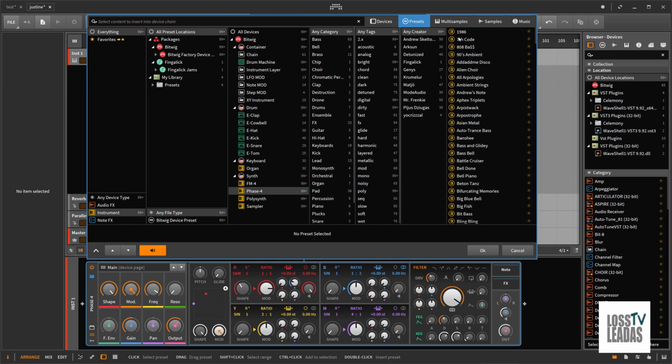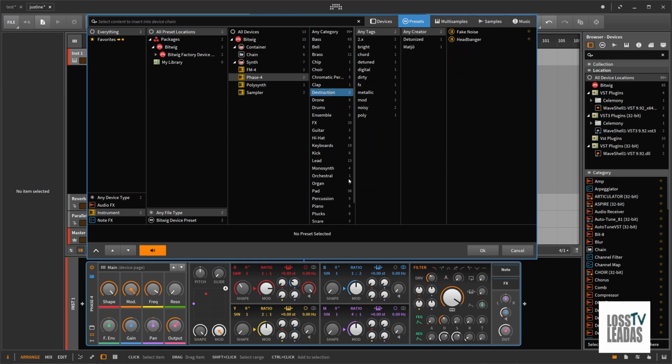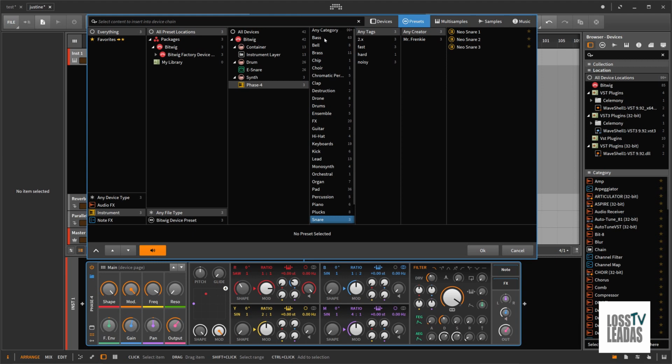You don't have to go searching through every single sound, because you might have over 200 sounds. So if I'm looking for a keyboard, it's going to drop them down. If I'm looking for a percussion or a chromatic or piano or plucks or snare or whatever is in that instrument,